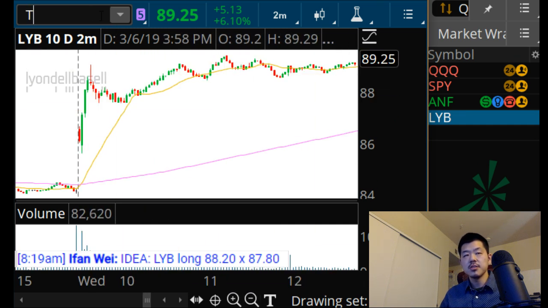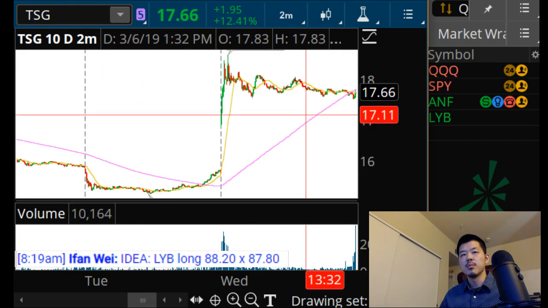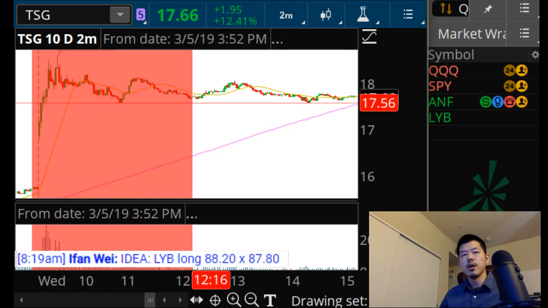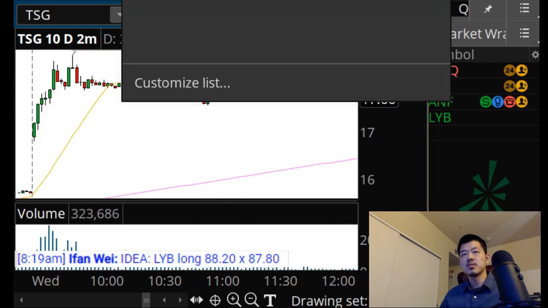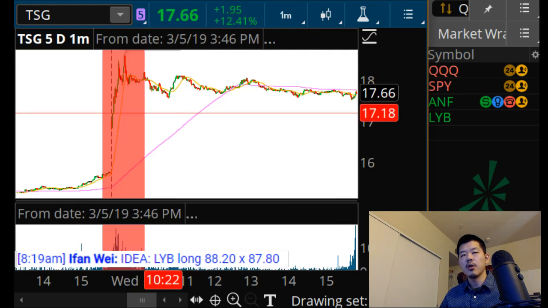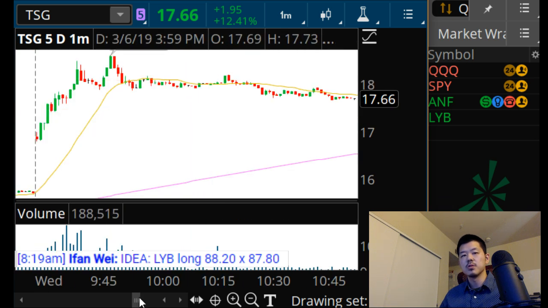I think I was watching this TSG, and if you recall, not last Friday, but the Friday before, I noticed that there was only one reversal time that was causing me some trouble. And so I was going to be a little bit more careful about the plays that I take around this reversal time, the 10:30 reversal time.